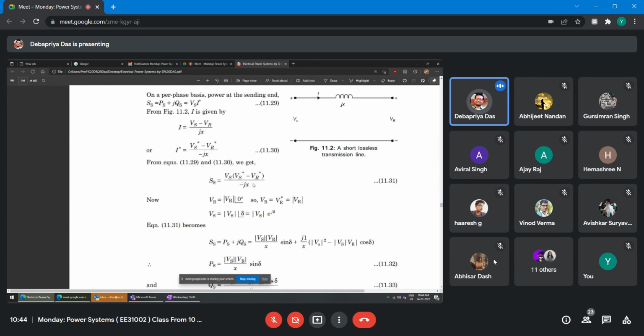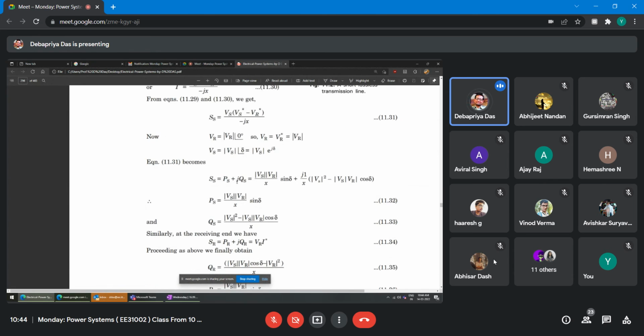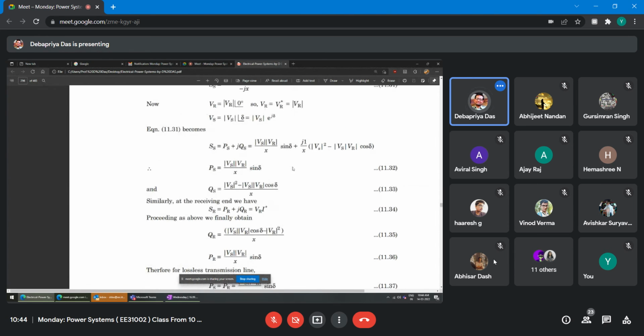Now, if you substitute all this in terms of magnitude and angle, then for a lossless short transmission line, Ps will be Vs Vr upon X sine delta, and Qs will be